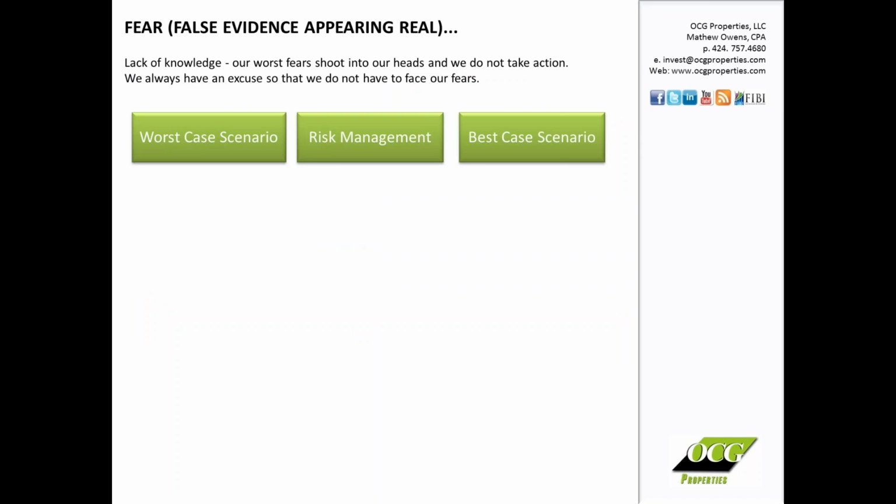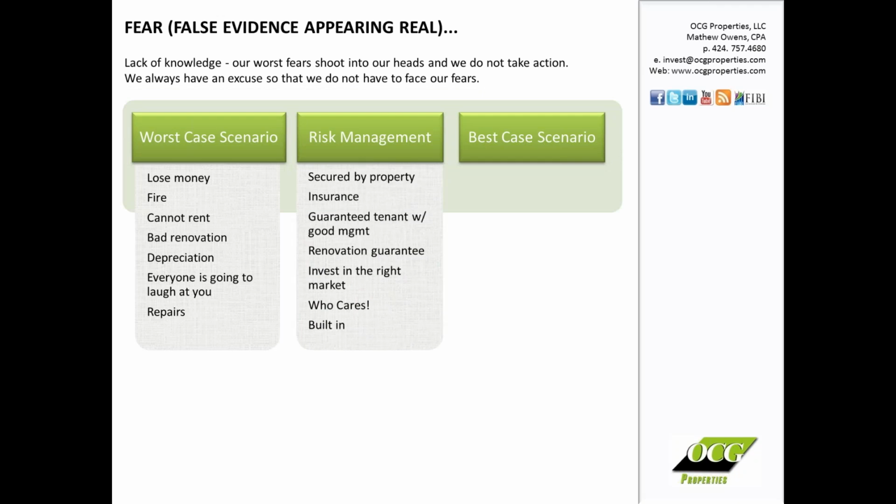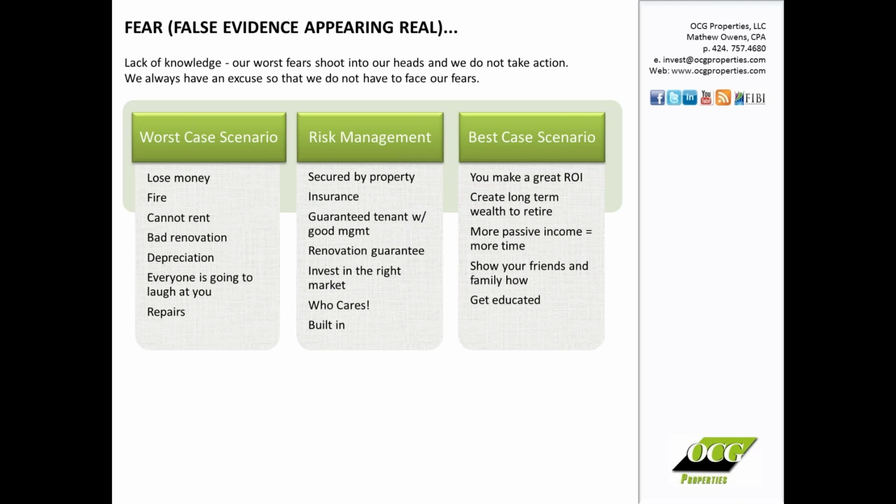So let's talk about what happens when you're investing in any type of asset. Obviously, when we're doing this, our worst fears shoot into our heads and we think of the worst case scenario, and it's about writing down the risks and how to actually get through those things. If you're worried about losing money, or there's a fire, or what if you can't rent it, or the rehab is bad, you can do specific things to manage that risk by making sure your money is always secured by an asset, having the right insurance in place, or having a management company that guarantees a tenant after a certain period of vacancy,